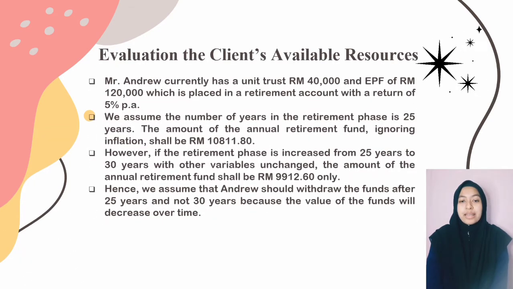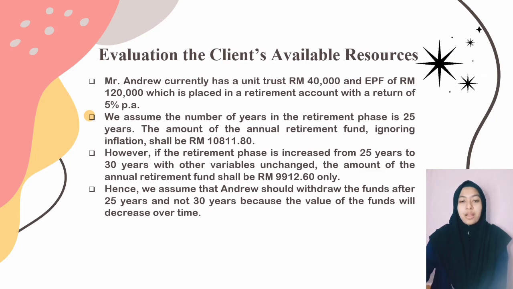Mr. Andrew currently has a unit trust of 40,000 ringgit and EPF of 120,000 ringgit, which is placed in a retirement account with a return of 5% per annum. We assume that the number of years in this retirement phase is 25 years, so the amount of the annual retirement fund, ignoring inflation, should be